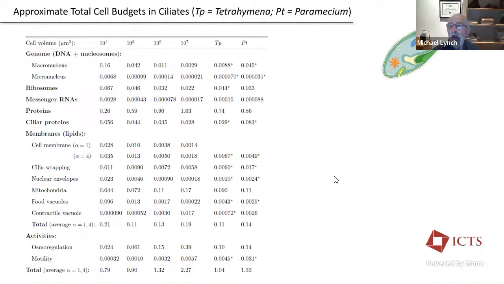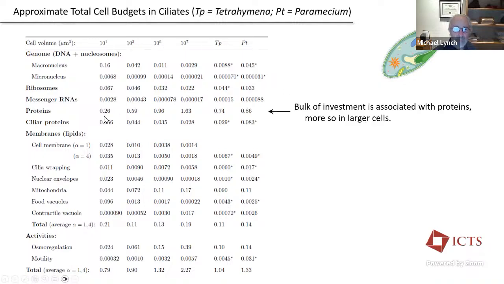And then there's a lot of information here, and it's not important that you go through it, but I'm trying to point out that for some organisms like ciliated protozoans, like this paramecium, which would include Tetrahymena and other model species, we're now able to break down the whole energy budget into different components. And just as an example, these are the fractions of the cell's energy budget for cells of different cell volumes. These are the smallest known ciliates, and these are the largest here. And I've worked them out specifically for Tetrahymena and Paramecium.